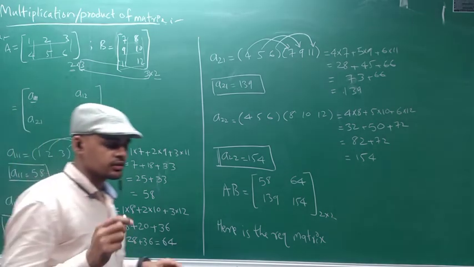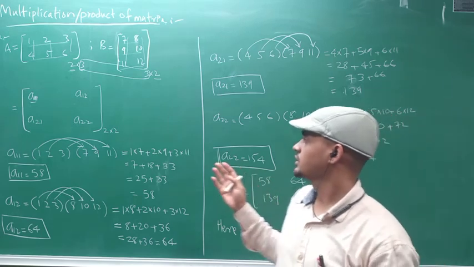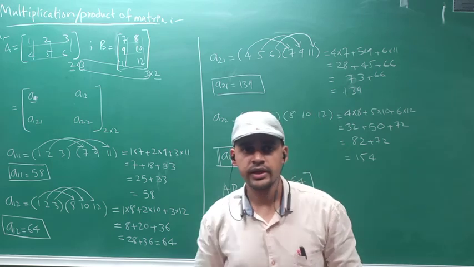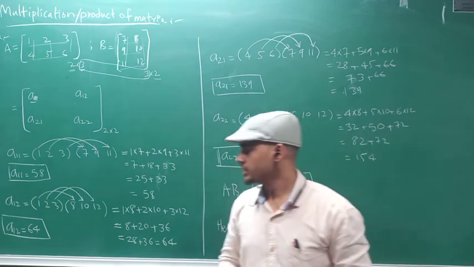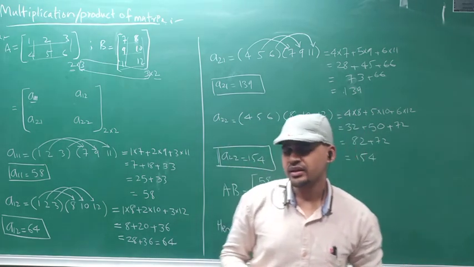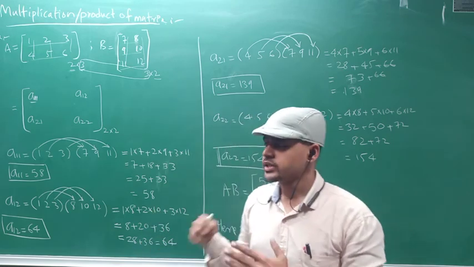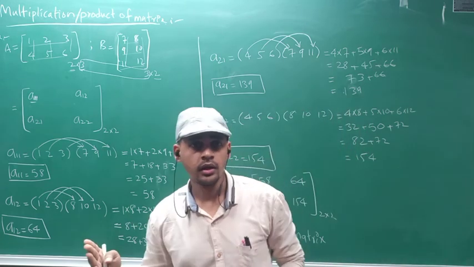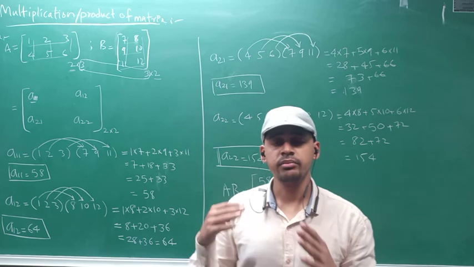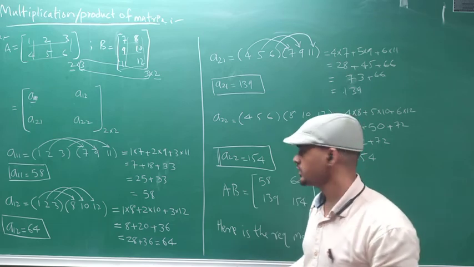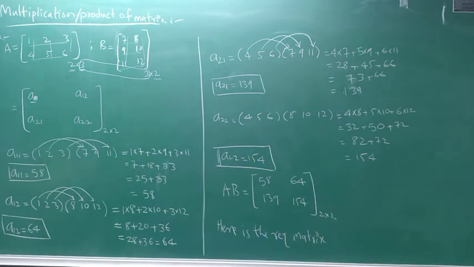Okay. Now you are thinking that sir, this is a very complicated way to solve the matrix, a very poor method. But if I give you one live example, at that time you will understand why this is necessary while multiplying two matrices. So let's take a live example. At that time you will understand why we are doing such a thing. Okay, so now take the example, and after that you will get it.